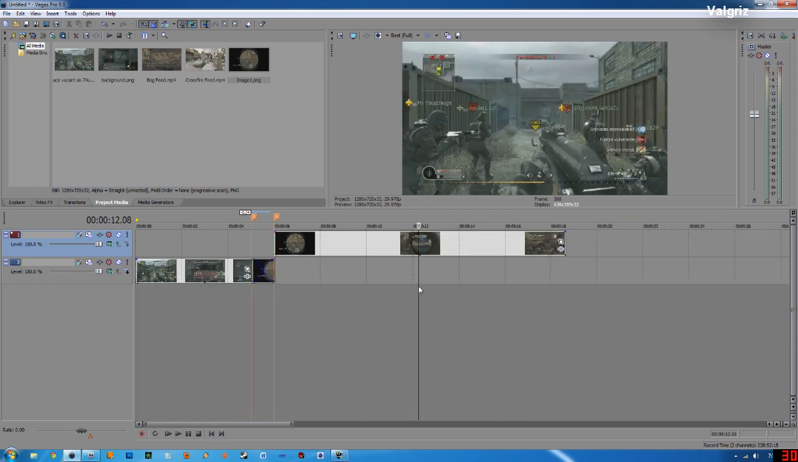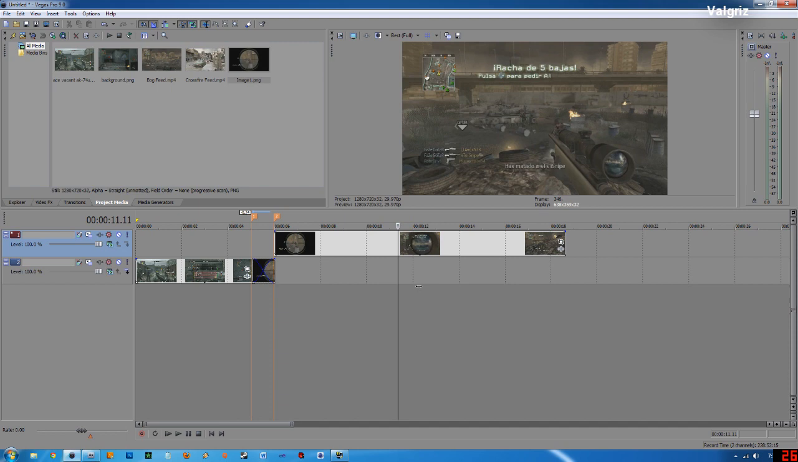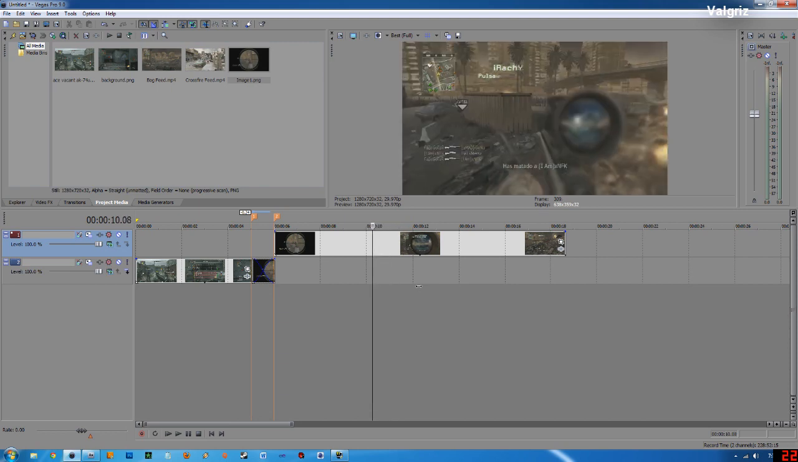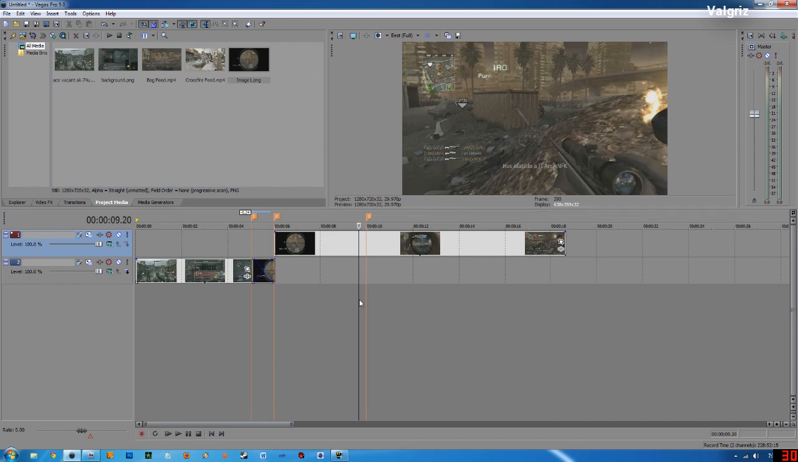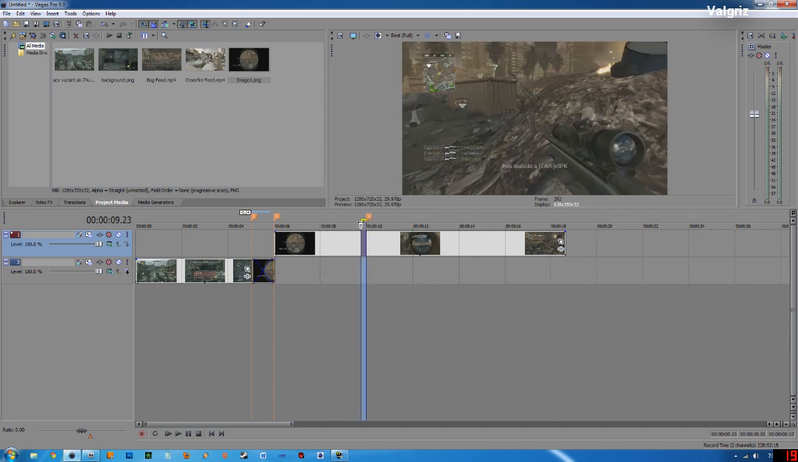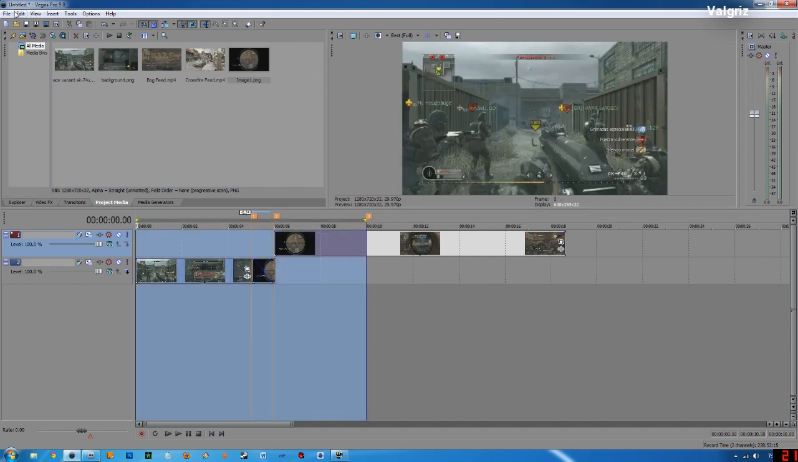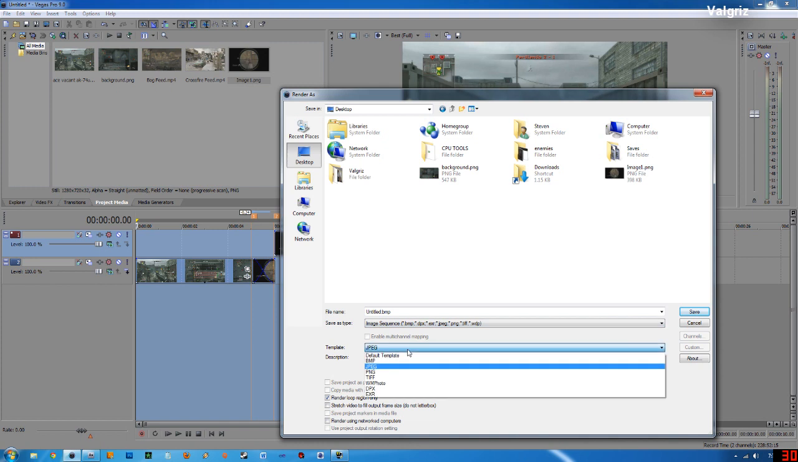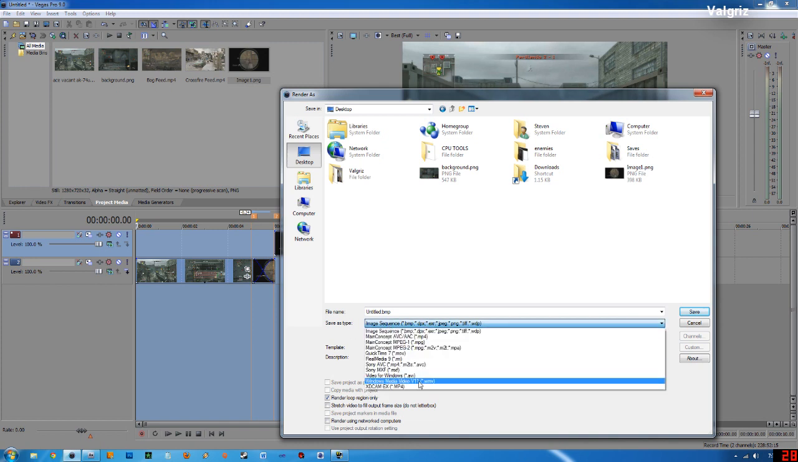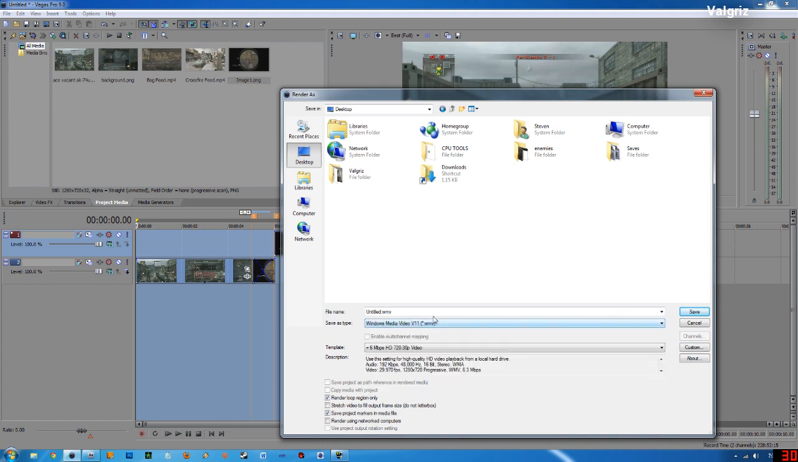Once you're done with that, go to the beginning of the clip, go to the end of the clip. I'm going to make the end be 10 seconds. Just for this tutorial, I'm going to create another marker at 10 seconds. Hit M. Then I'm going to highlight all the way from our last marker to the beginning. I'm going to click File, Render As, Desktop, and I'm going to render this as a WMV file. I'm going to name this Original Clip